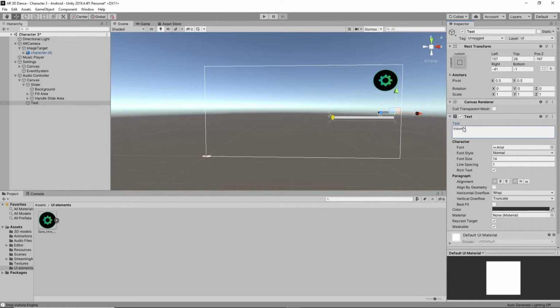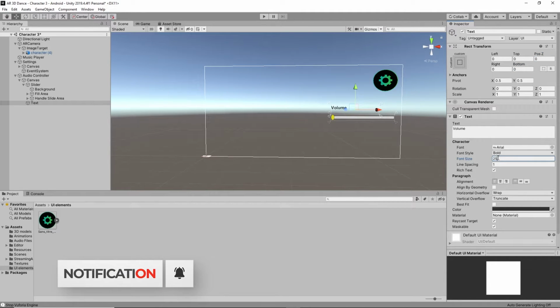We already changed it to volume, right? So I'm making it bold. Before that, make it all 0 in all coordinates. Yeah, like this. And we can increase the size here like 30. I think it was good. Or if you want to increase it, you can make it 40 as well.